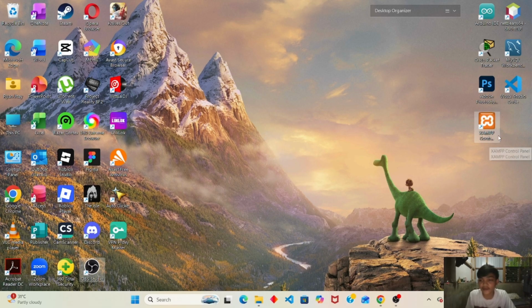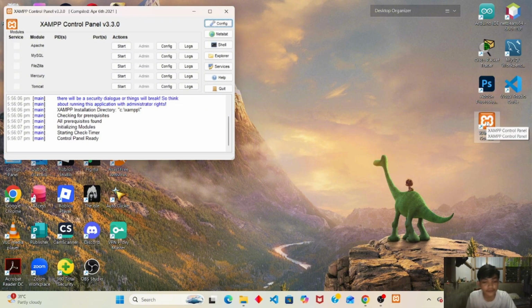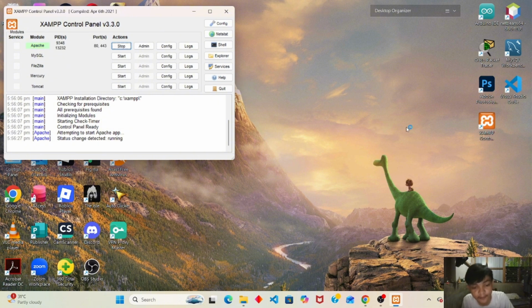First we have here the XAMPP control panel. Why do I use the XAMPP control panel? Because it is what we use to manage and control the local server environment on our computer. It's especially helpful when we are developing websites or applications. We have here Apache, and we're going to start this. This is our web server.